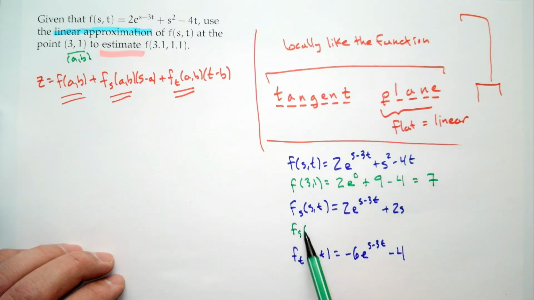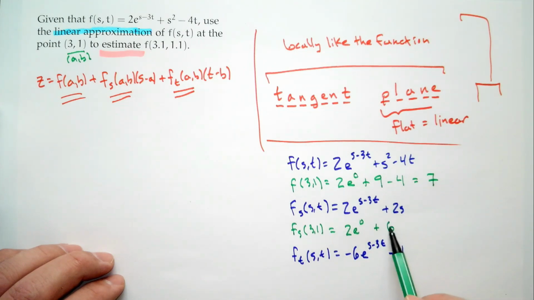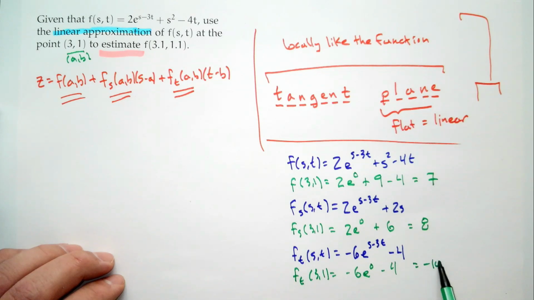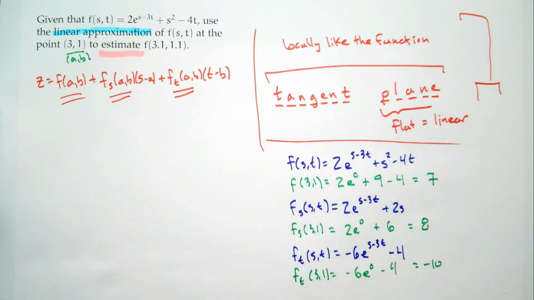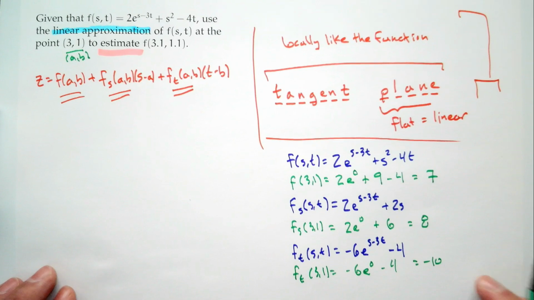f sub s at (3, 1). Well, again, it's 2e to the 0 plus 2 times 3, so that'll be plus 6, gives 8. And f sub t at (3, 1) is negative 6 e to the 0 minus 4, which gives negative 10. All right. So there we go. We now have our information about our function and our partial derivatives at our point (a, b),